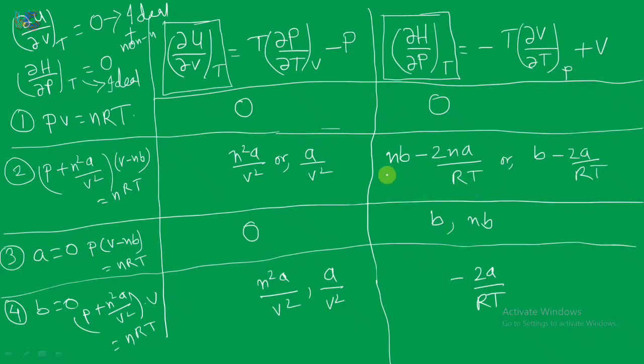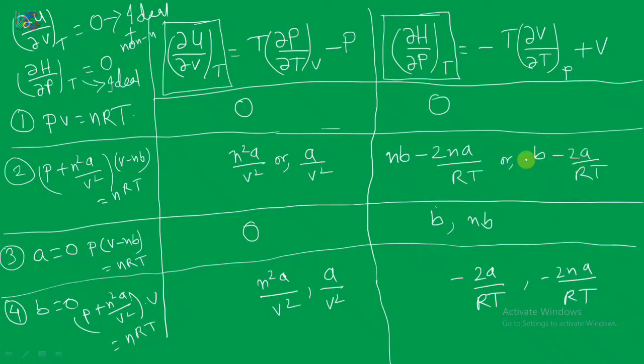I think there will be an n term here, and as there will be an n term, when you do this for the gas equation and put A equal to 0 for n mole, then you will get NB, otherwise you will get B. Okay, and here also when you put B equal to 0, for 1 mole you get minus 2A by RT, or otherwise for n mole you will get minus 2Na by RT. You can cross check once. In the previous class I told you that for n mole there will be B minus 2Na by RT, but for n mole I think there will be an n. You can cross check once.